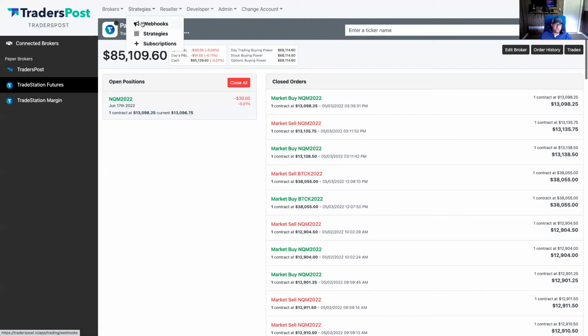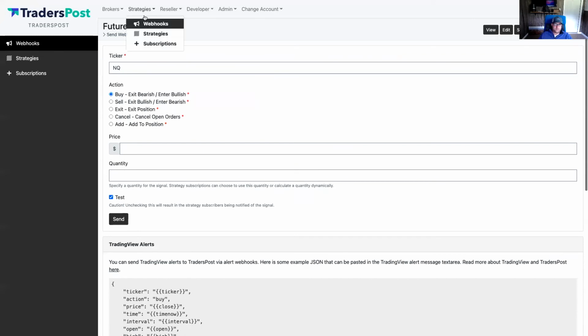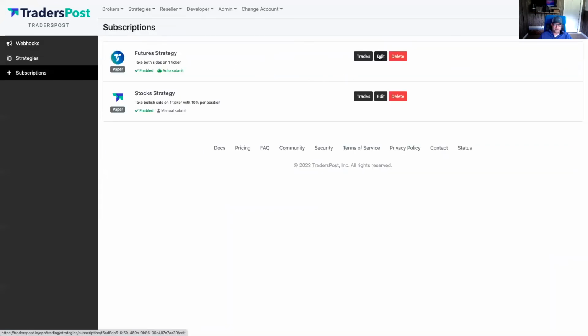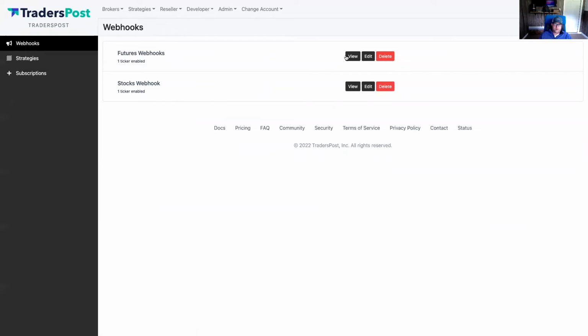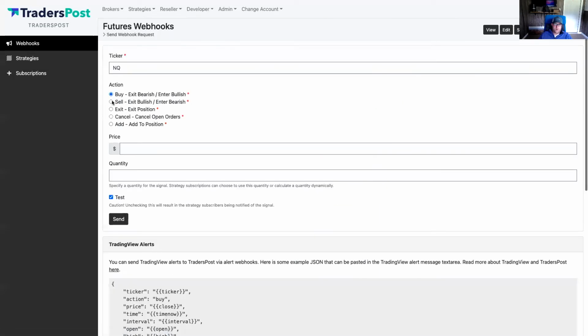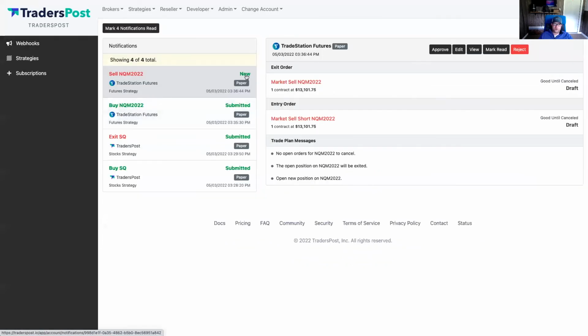Now, let's go back to the webhook and let's send another request. But actually, before I do that, I'm going to turn off auto submit. Go back to the webhook and let's do a send request and let's do a sell. Now, because I turned off auto submit, it's not going to submit it automatically to the broker. All right, so the trade is created. Let's go to our notifications over here, and you'll see that we have this new trade, and it wasn't submitted to the broker automatically like these were